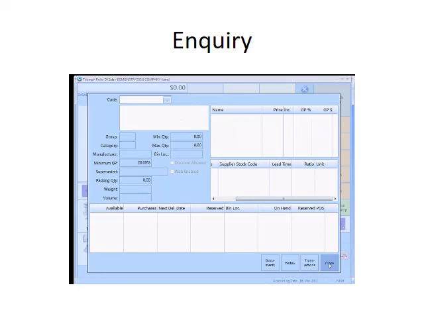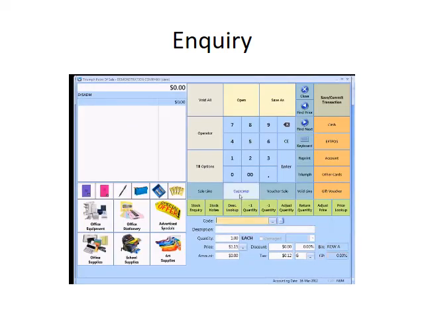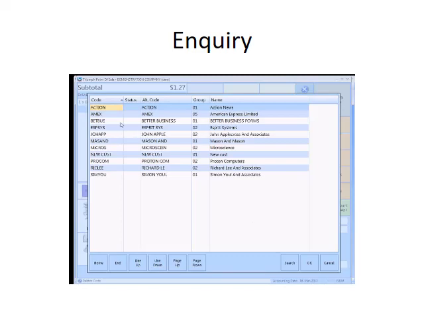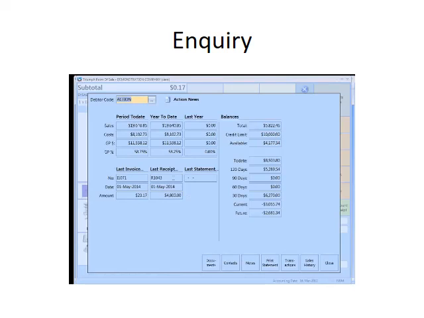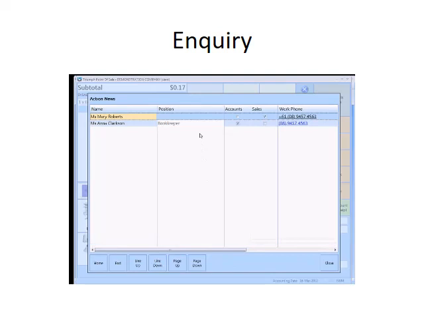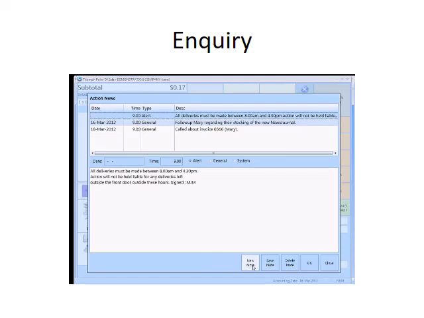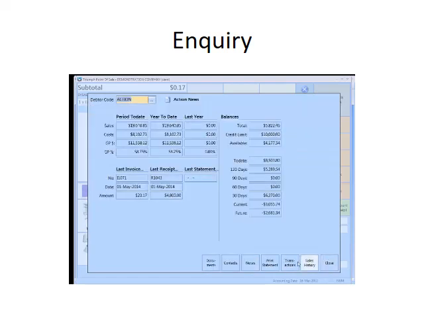So that's just on a product, but if I'm also then looking at it from a customer's point of view, I can pull up a customer, get the details of that customer, look up their account and go, oh, that's what he bought for the month, the year, last year, details of his last invoices, receipts, what does he owe us, what's his credit limits. We can look up documents that he had on his file if we had someone set up there, the contacts in his organisation, who they are, what's their phone numbers, notes that we've got on them, adding new notes if I wanted to. I can reprint a statement if I wanted to,